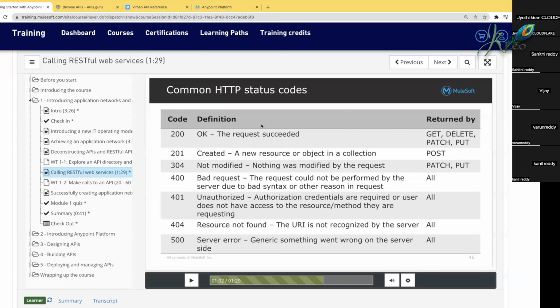So 200 can be used for any of these methods. And when it says 201, it means created: a new resource or object is created. That will happen only with POST. You can't write while you're coding, so make sure you are mindful of what code you're returning,